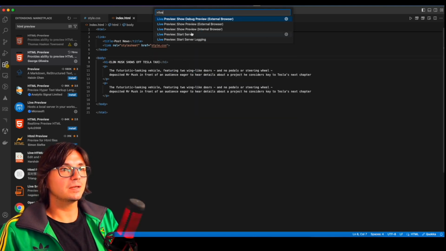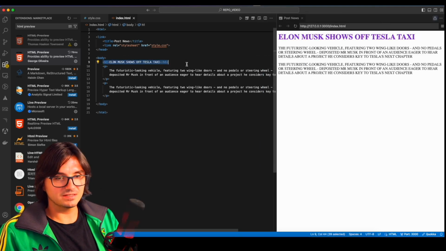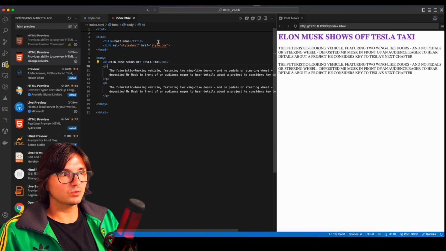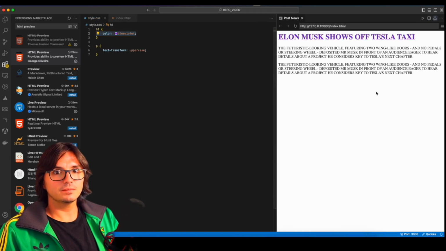I have set it up. So we are looking for a plugin. Probably I need the internal browser. Here. The fonts, of course, are very interesting. Alright, well, let's see if it works. Yes, it works. I'll remove the style. It works. Yes, that's it. Live Preview is our best friend.